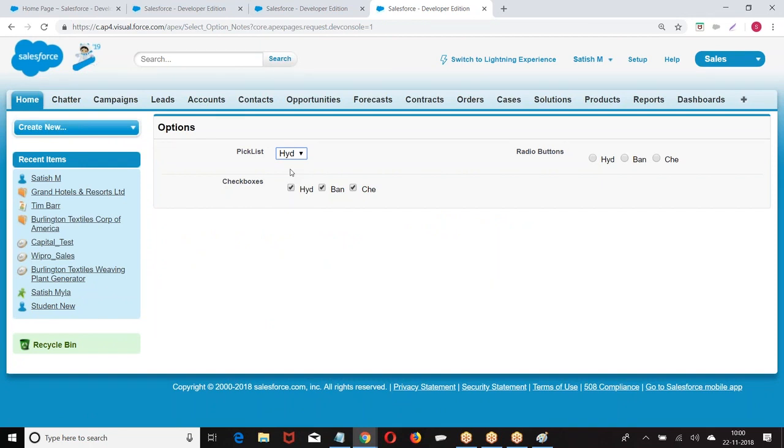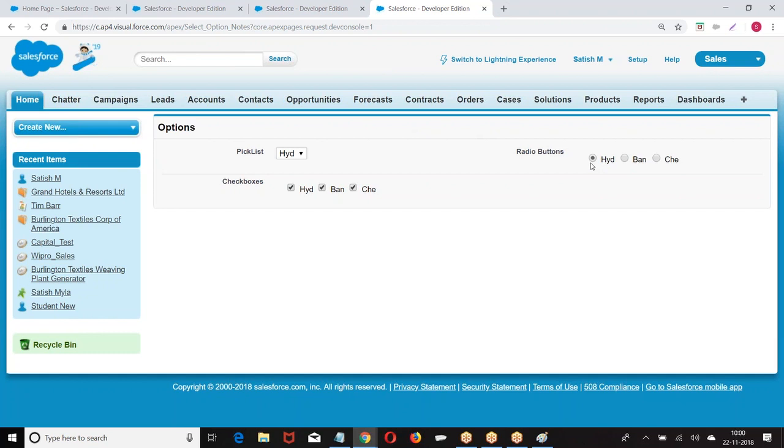What did you select? It's the capital of Telangana. Now the point is, what is the label you selected there? In the pick list, what is the label we selected? Let us say Hyderabad. Now when you select this, what is your intention? You want to send some value to the server. When you click on the button, this data should go to the Apex class to perform an insertion or deletion or whatever you want. When you select this option and click on the button, which value should go to the Apex class?